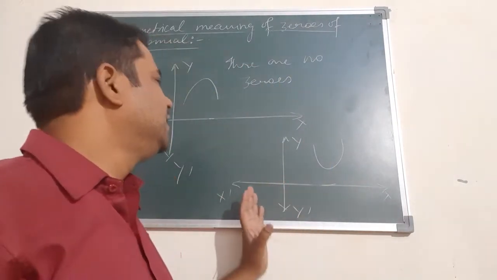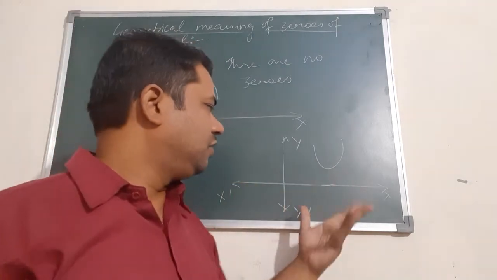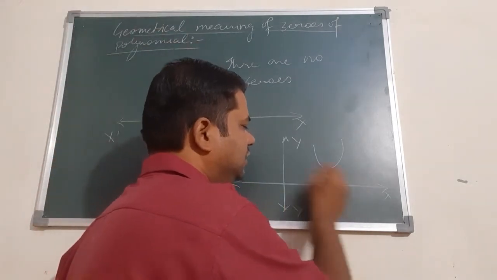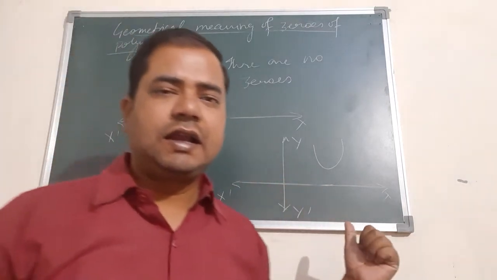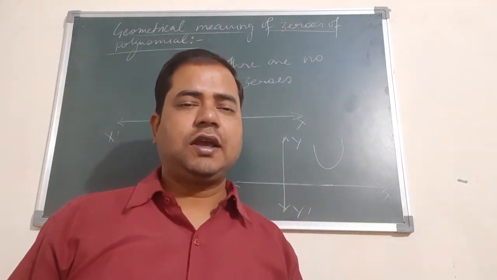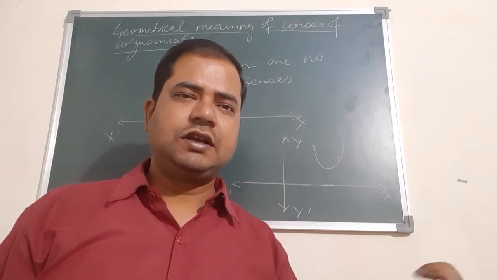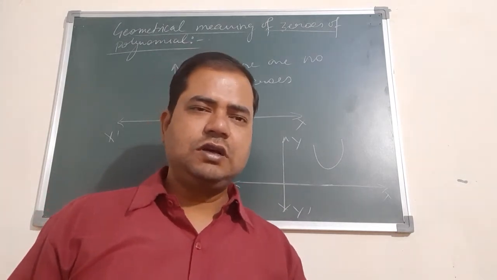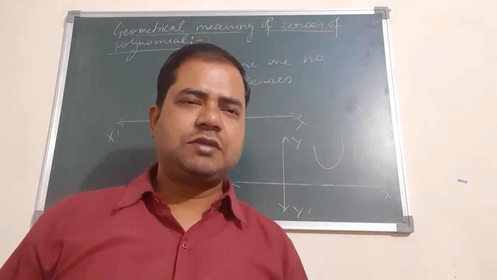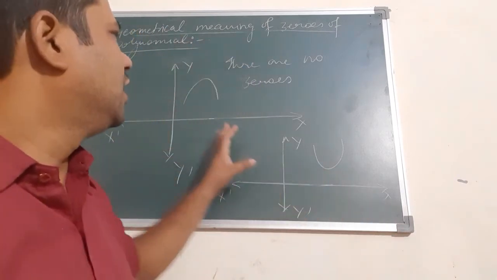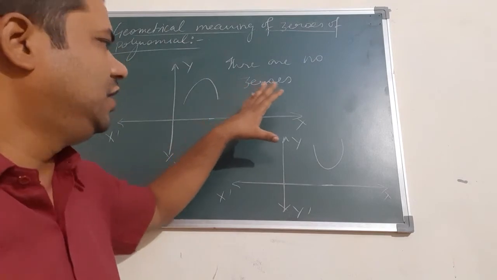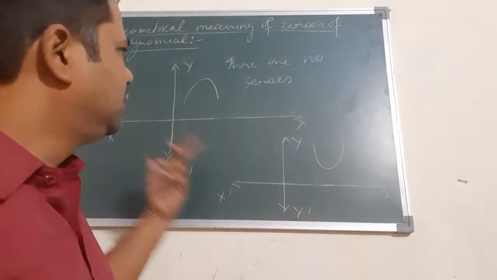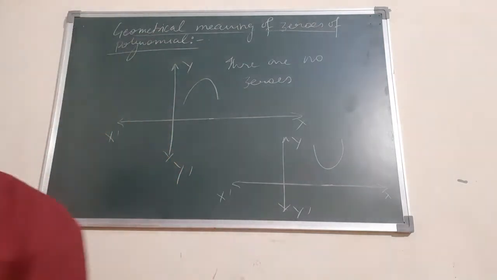But actually, if we go to more discussion, then we can say there are no real zeros actually. Okay. So you just understand real and imaginary. Maybe in class 11th we are going to discuss the imaginary zeros, that means imaginary roots. So there are no real roots actually, in the sense of a quadratic equation. Okay. So note it down, and now you can see some questions.